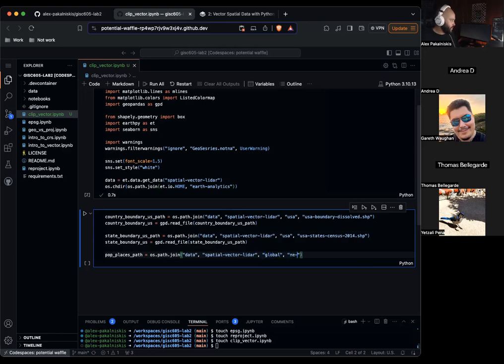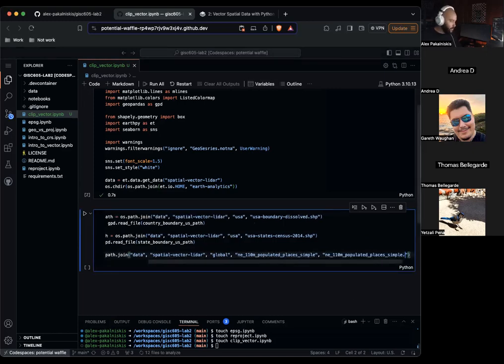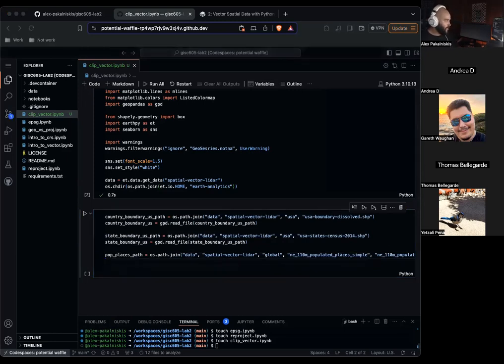Global, natural earth, populated places simple, Natural Earth 110. What does it actually say? And then let's read that in with GeoPandas.